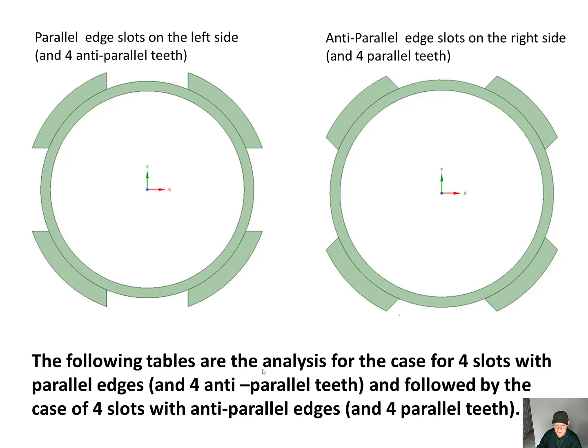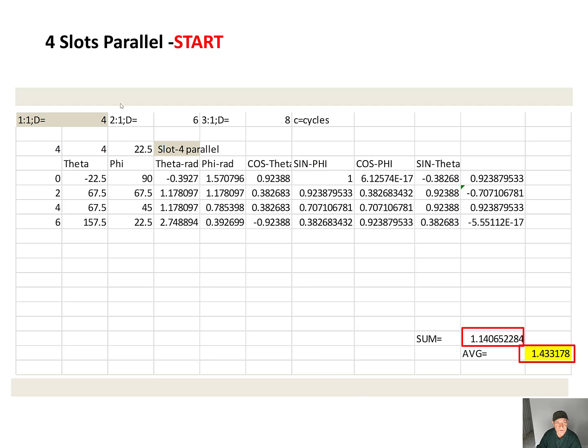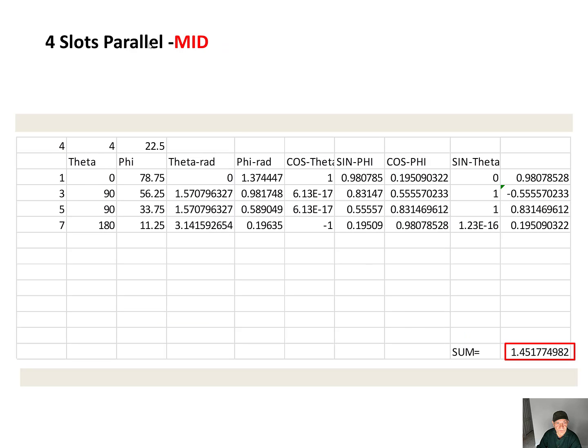The following tables are the analysis for the case of 4, so it will be 2 sets, 3 analyses for start, middle, and end for the 4 slots with parallel edges and 4 anti-parallel teeth, followed by the case of 4 slots with anti-parallel edges and 4 parallel teeth. So this is 4 slots parallel with the conductor on the start position. The sum came to 1.14, and this is for 4 slots with the conductor in the mid position. The sum came to 1.45,